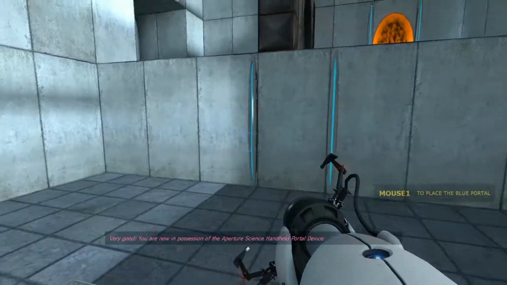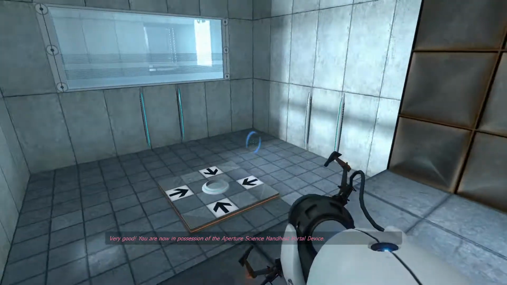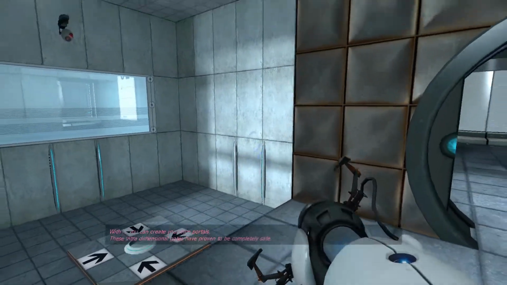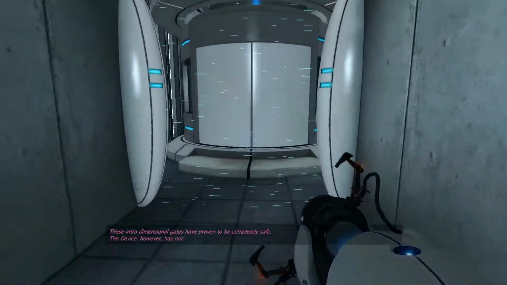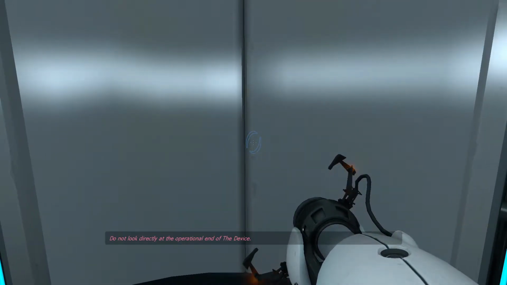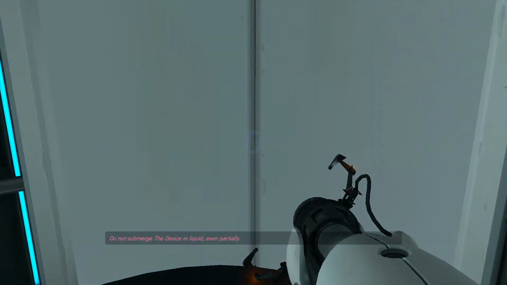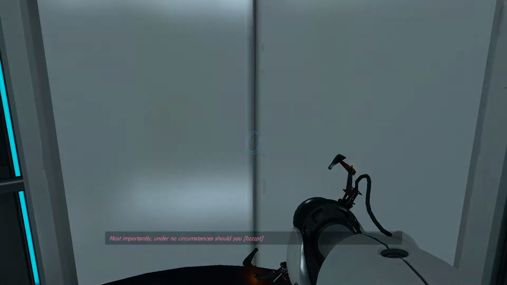good. You are now in possession of the Aperture Science handheld portal device. With it, you can create your own portals. These intradimensional gates have proven to be completely safe. The device, however, has not. Do not touch the operational end of the device. Do not look directly at the operational end of the device. Do not submerge the device in liquid, even partially. Most importantly, under no circumstances should you...